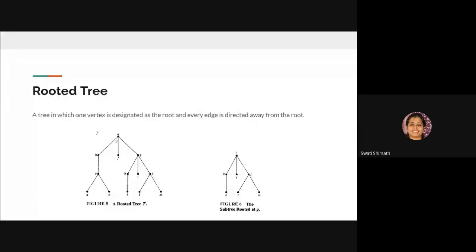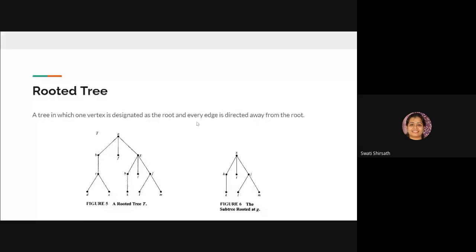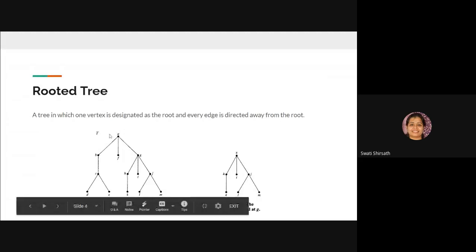Okay, these figures I have got from Kenneth Rosen. If you have that book, you will find these images there. Then these rooted trees are of different types, binary tree, BST. Now here the arrows are not shown, but the flow of this tree is always from top to bottom. You start from the root and traverse like this. It is never from bottom to top. You always start from the root.